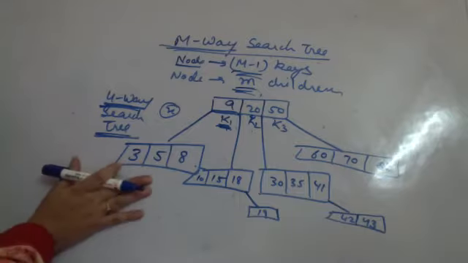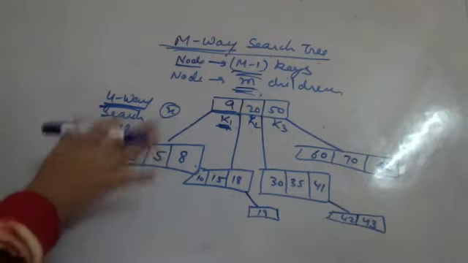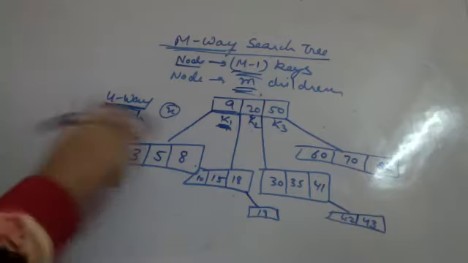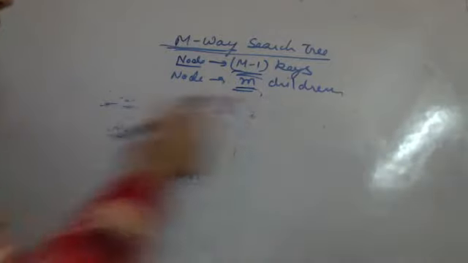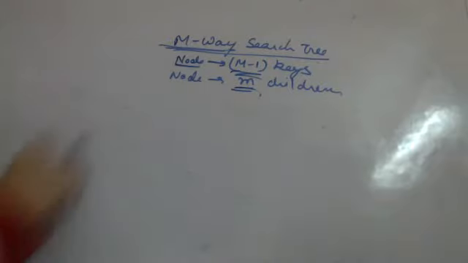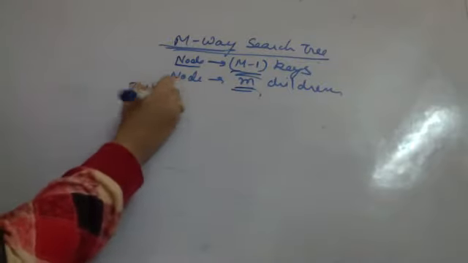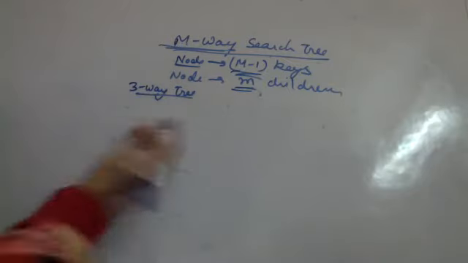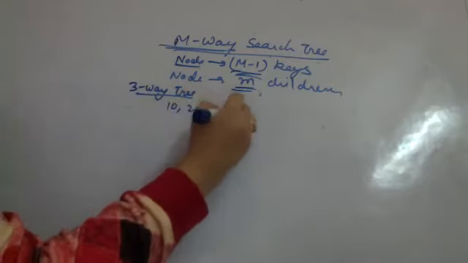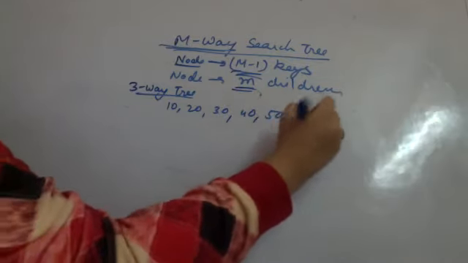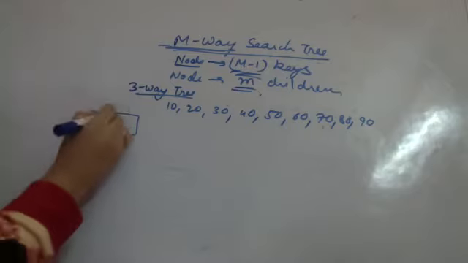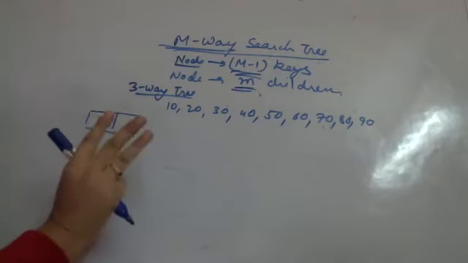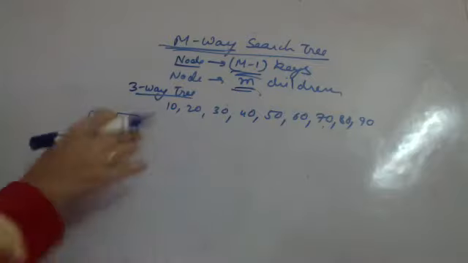Now the problem with M-way search trees is that they can also be skewed trees. For example, if I'm using the same keys, they can be represented in a different manner. Supposedly, I'm just taking an example of a 3-way tree and I have to insert some data. I'm having some data 10, 20, 30, 40, 50, 60, 70, 80, 90. Supposedly this is the data that is to be inserted. So I inserted data 10 in the root node. Then there is one space. Now it is a 3-way tree, meaning 3 children are allowed, 2 keys are allowed. Now this is the root node.